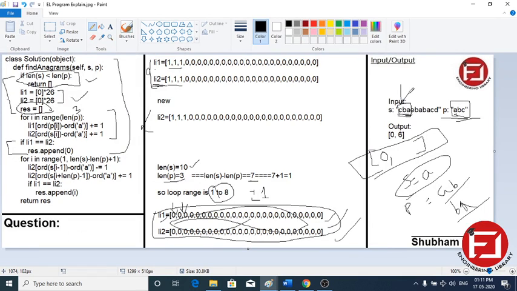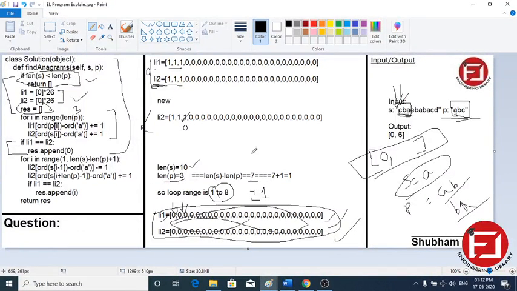So b minus 1 means a, sorry, this is pointing to c now. Order of c minus order of a means ASCII value of c minus a means index 2. We have to decrement index 2, and it will update it to 0.